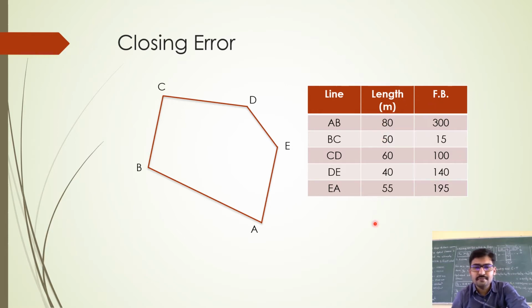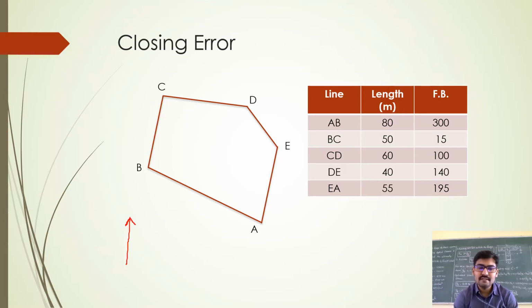So there were 5 points lying on the ground. I have measured the distance between the points, then I have measured the bearing of all the lines. Now what I should do is come to the office, then I need to draw it. When I have to draw the whole thing in the form of a diagram in the office, what I need to do first is have the north line drawn, right? Generally a vertically upward north line is the general way of doing it. So like this, right? So this is north.